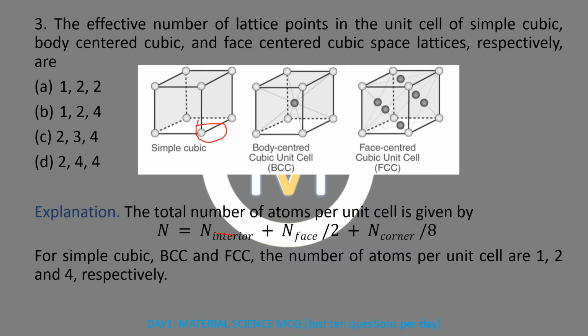Next is the face centered cubic, and each atom on a face will be shared by this one and the adjacent upper one. So each face is shared by 2, so one half of the face atom is contributing to the unit cell. So here the 8 corners will contribute 1, and there are 1, 2, 3, 4, 5 and 6 faces, so that will be contributing 3. So 3 plus 1, 4. So the right answer should be 1 for this, 2 for this and 4 for this.